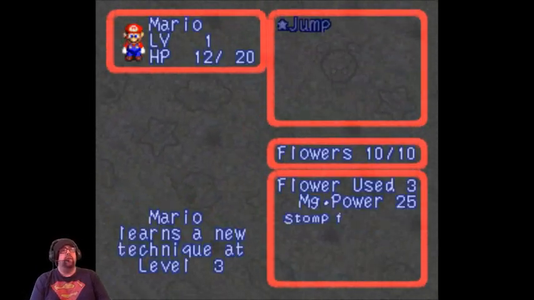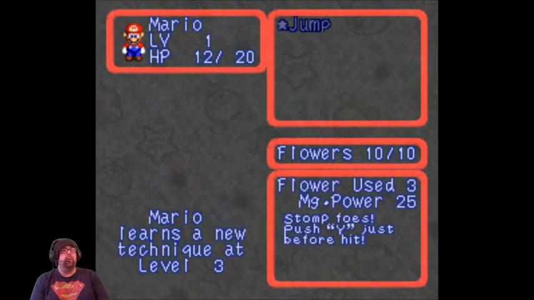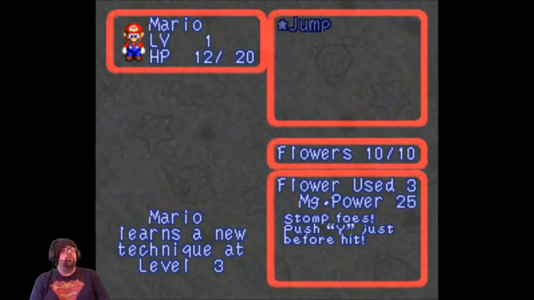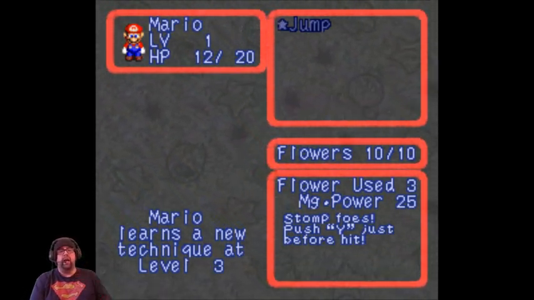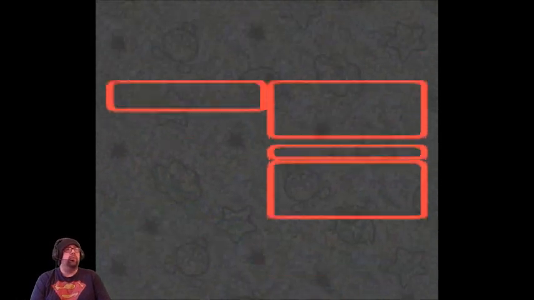options here. You know, this is my thing. It uses flower points, so I have 10 flower points right now. And yeah, hit Y just before you hit it. So, I'll show you that here in a little while once I get to a boss where I actually need the special. And